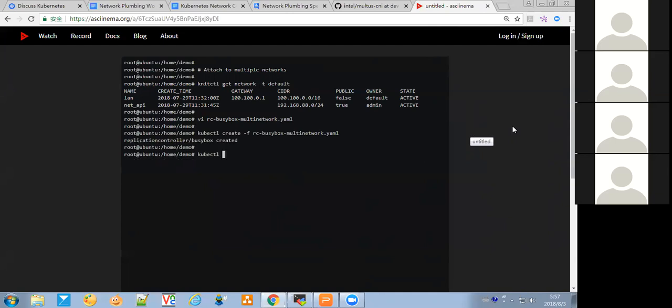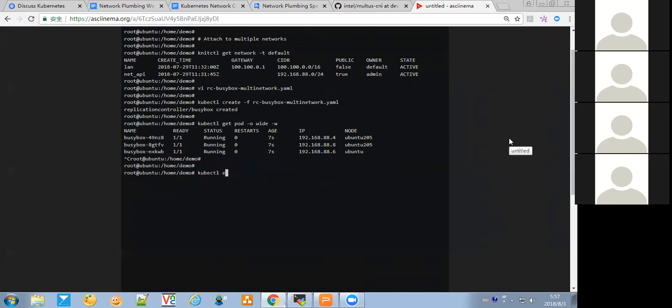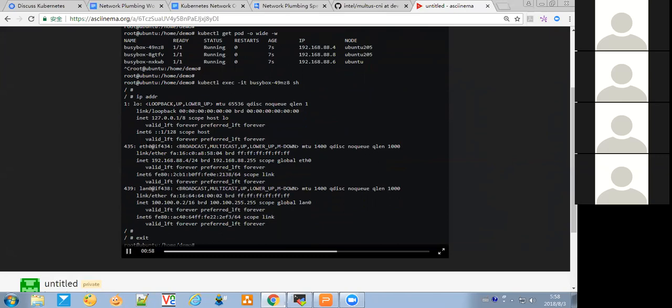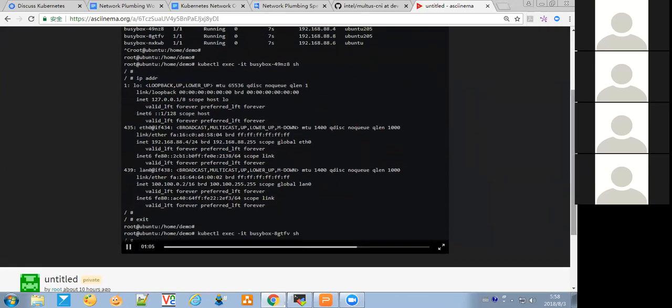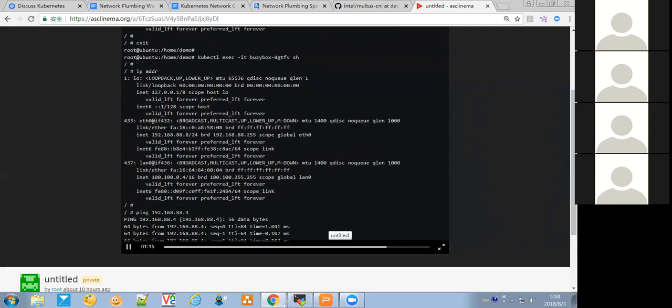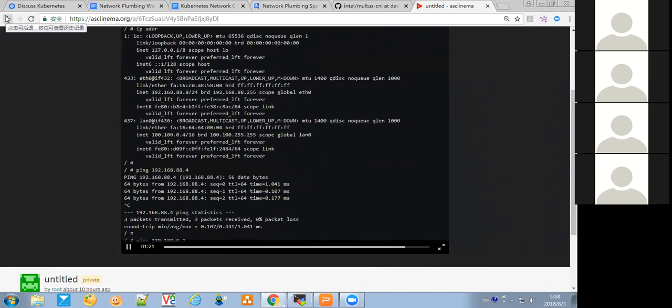They get IP addresses allocated. One has interface eth0 and net0. Here, another pod also gets its interfaces allocated.